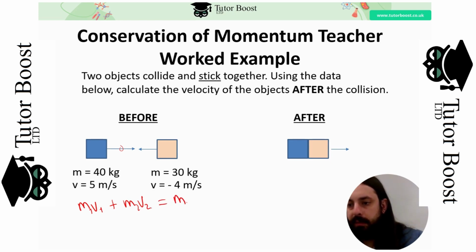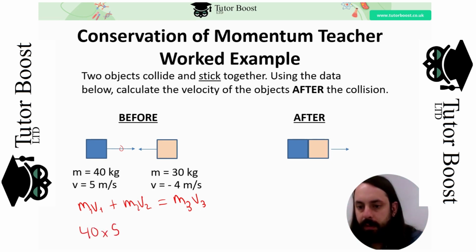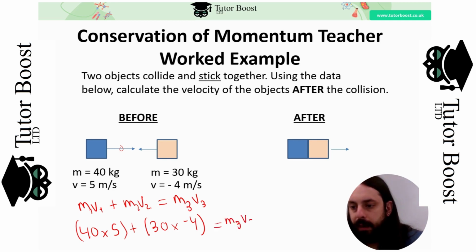equals m3v3. So mass of the first object, that would be 40, and then the velocity is 5, 40 times 5 plus 30 times minus 4 equals m3v3. So 200 minus 120 equals m3v3. So 80 will equal,